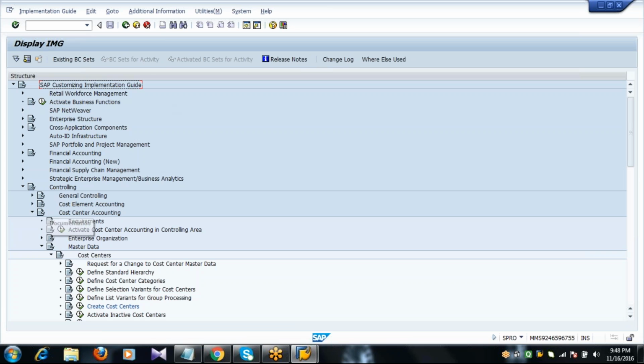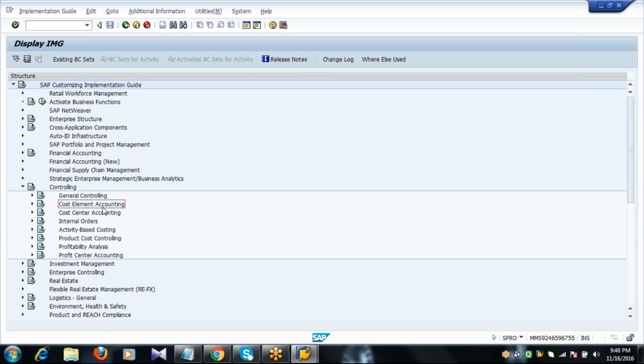Next, to create a cost element or GL account.